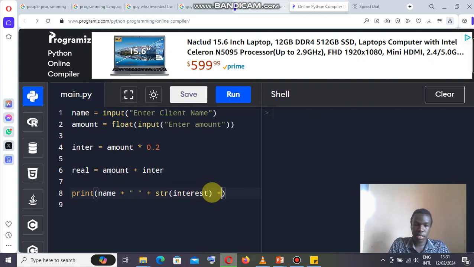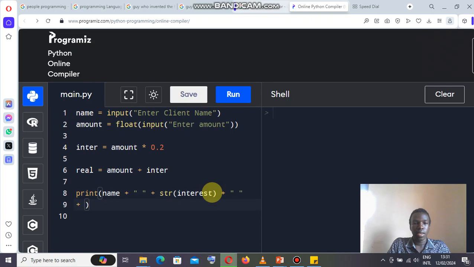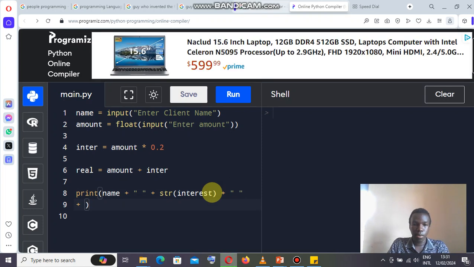We're going to add a plus here, space, and we are going to say plus. I'm going to say name like Owen. Then I'm going to write here interest is, and the interest is going to be there, then the space, then plus.